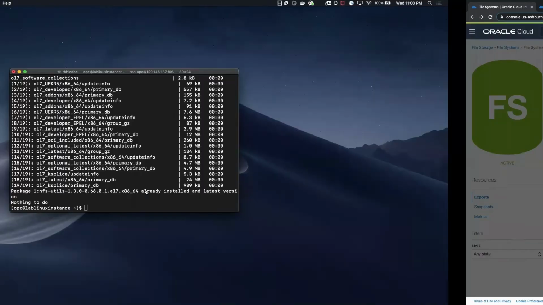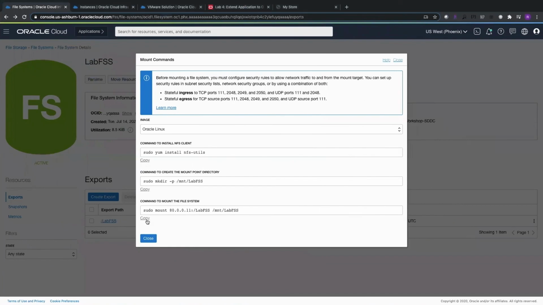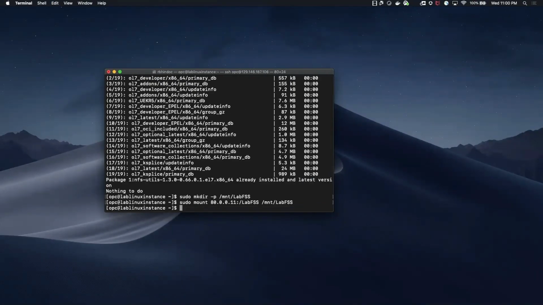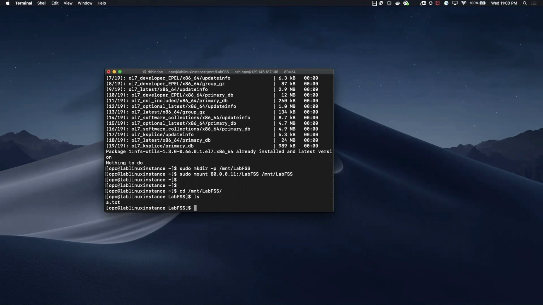Now we'll create a directory to mount a file system, and then finally mount the file system. Okay, our file system is mounted. So navigate to that path, and here we can see that we have the text file that we had created.